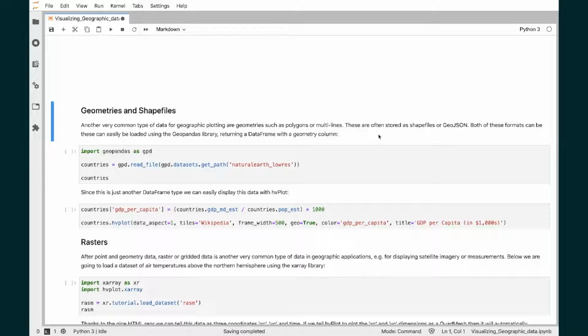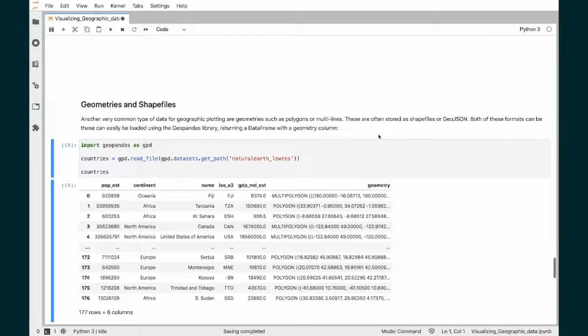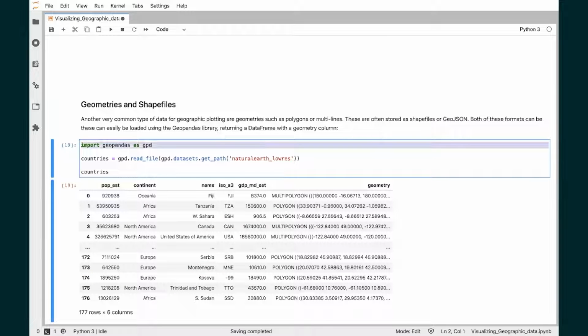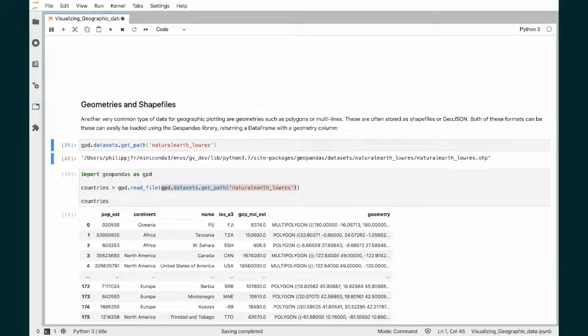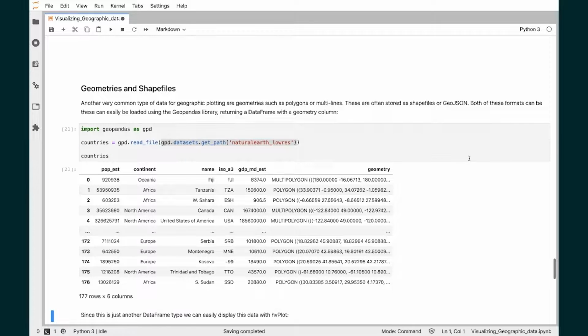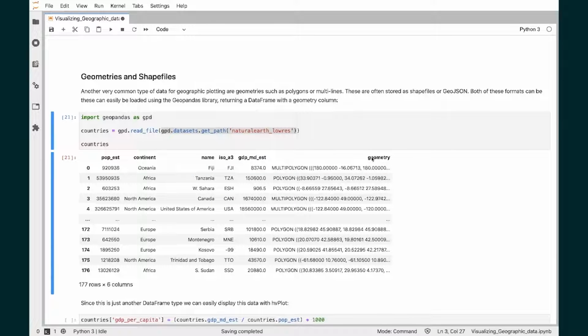Let's now get into geometries. Geometries are another really useful type of data that you might want to display. And the GeoPandas library, as I mentioned earlier, allows you to load geometry data from shapefiles or GeoJSON or various other formats which are common, right? In this case, we're loading this example shapefile which ships with the library. So we've done that here, and as you can see here, GeoPandas just displays our data as a pandas data frame. In fact, it is a pandas data frame with this special column, the geometry column, which contains polygons